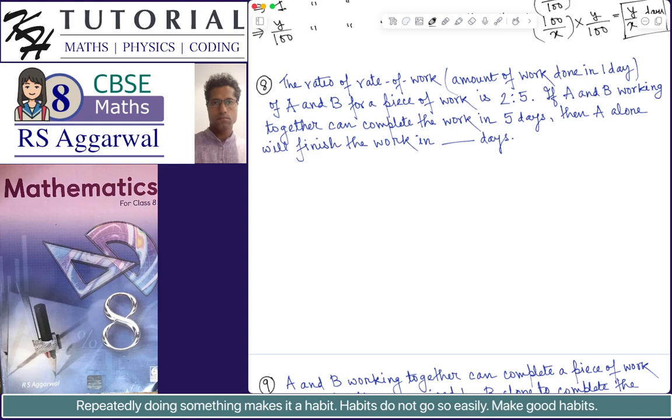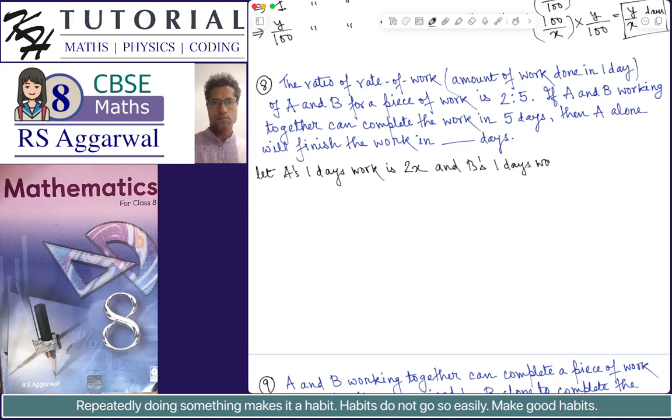So since the ratio is given to be 2 is to 5, let A's 1 day's work be 2x and B's 1 day's work